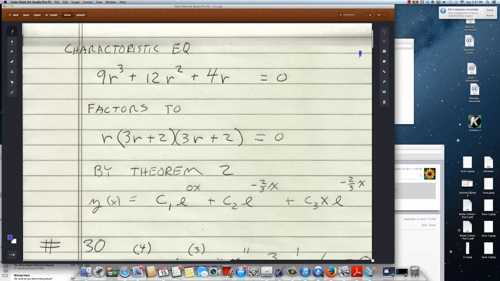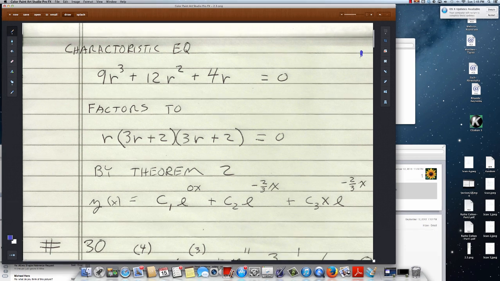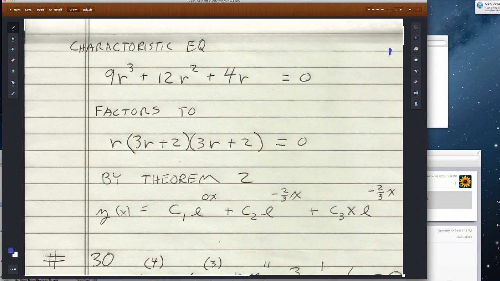Hello. I'll do some problems here for section 2.3. This is very similar to 2.2, so here we go. We do have to think about complex numbers. Let's take a look here at number,